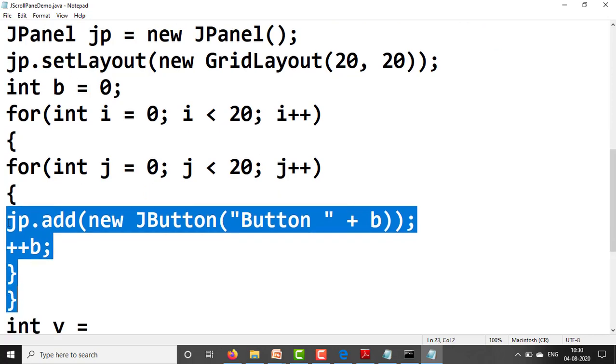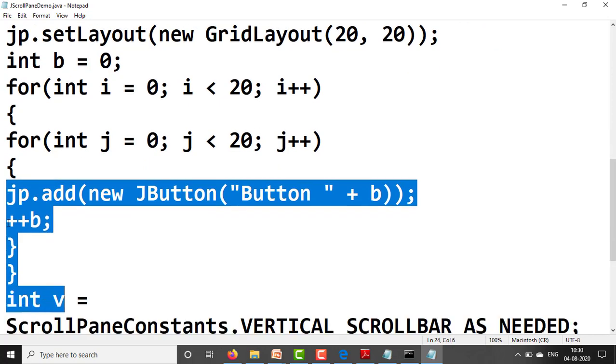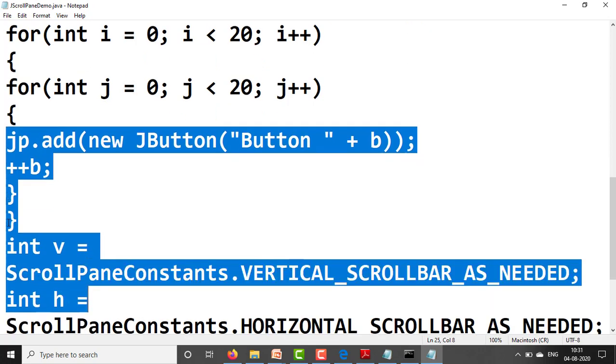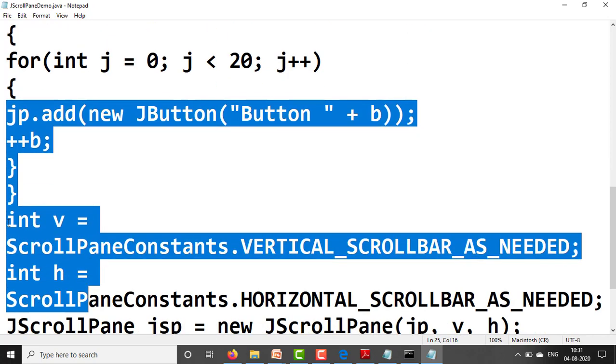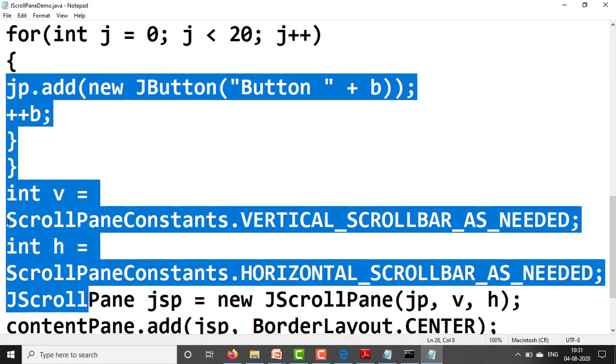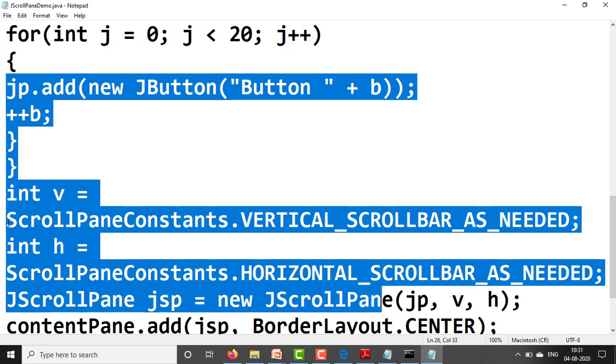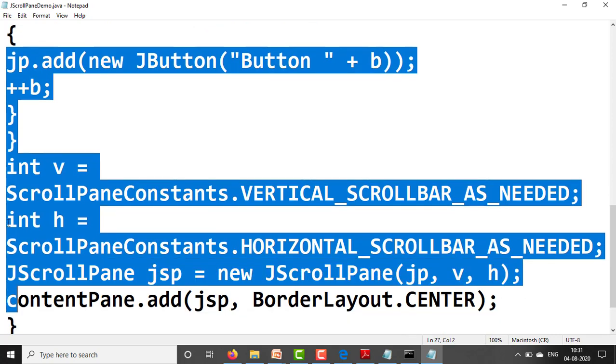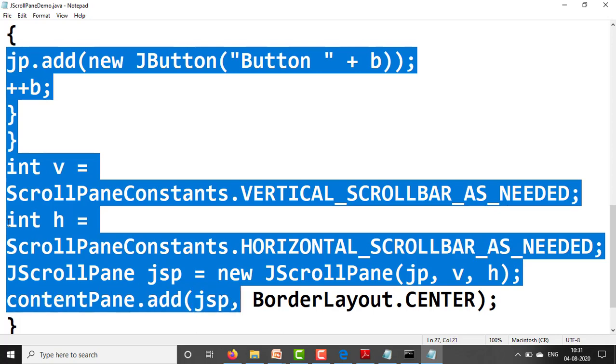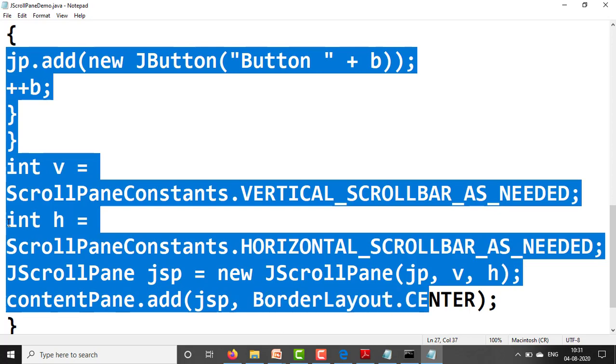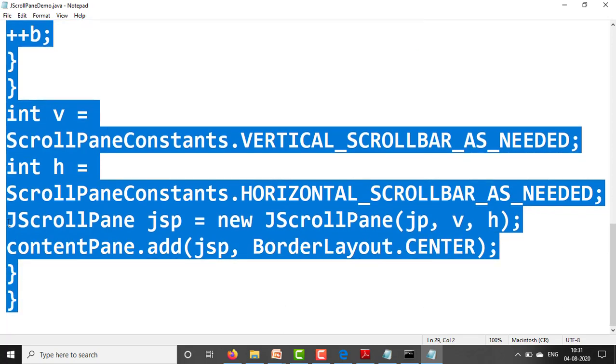After that close the for, define the vertical scroll bar constant and the horizontal scroll bar constant as needed. Next, create the object JScrollPane jsp equal to new JScrollPane(jp, v, h). Finally add jsp to the content pane: contentPane.add(jsp, BorderLayout.CENTER), close the init, close the class.